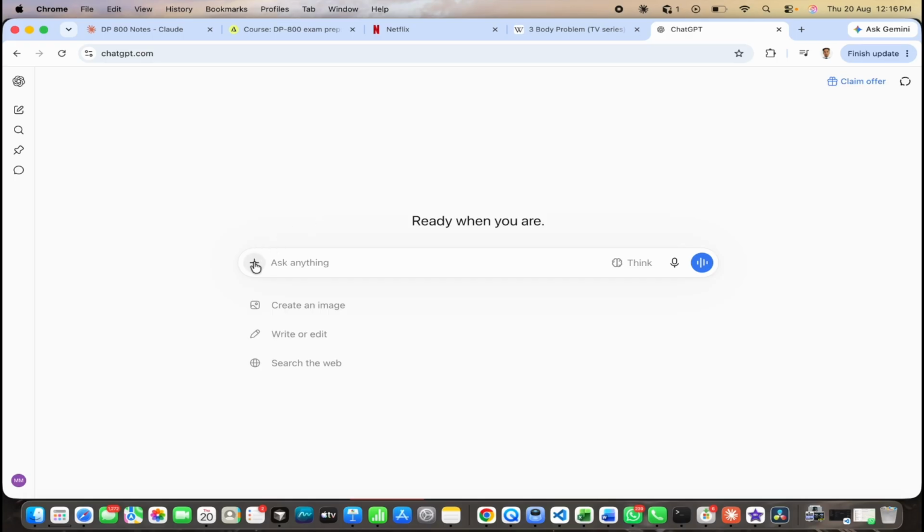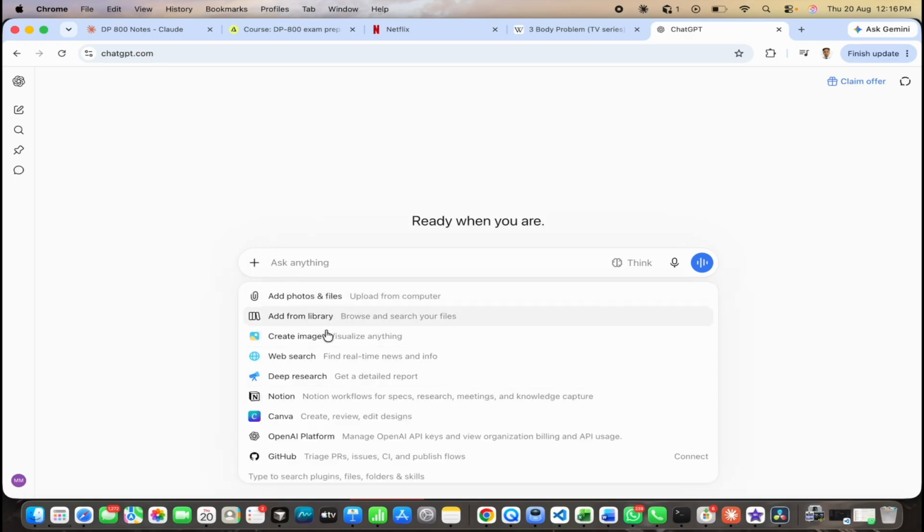So first click here on the plus icon, and here in the connectors we need to select Canva. When you are not connected with Canva, you will get this type of button that says connect. So you have to connect to Canva. If you do not have any account, it will first create an account and then you can connect your Canva to your ChatGPT account. And once you click,